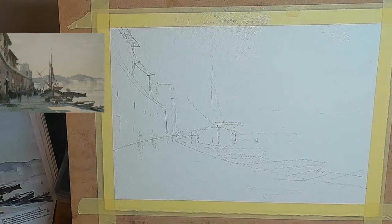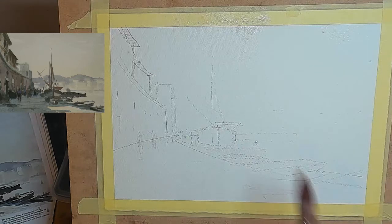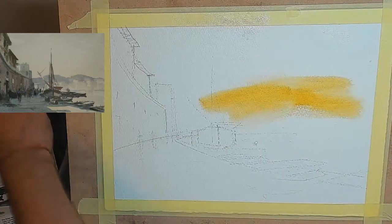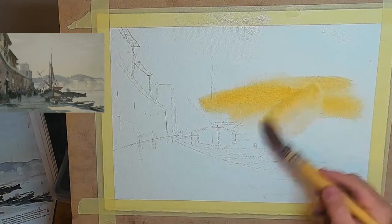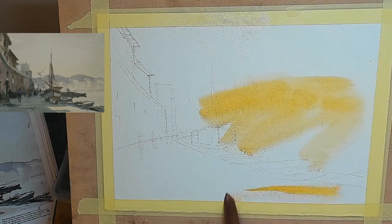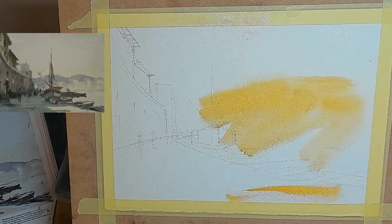Well, this is a bit of a master copy actually. We're looking at the subject of figures in the landscape. So I thought I'd have a go at doing a Seago watercolour, which, as it turns out, was quite an ambitious undertaking. And well, it did give me a few problems, but I think it's probably useful to upload it